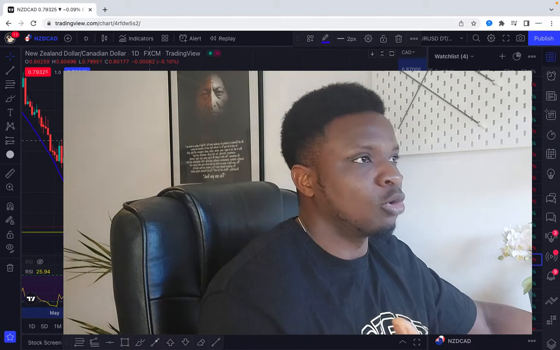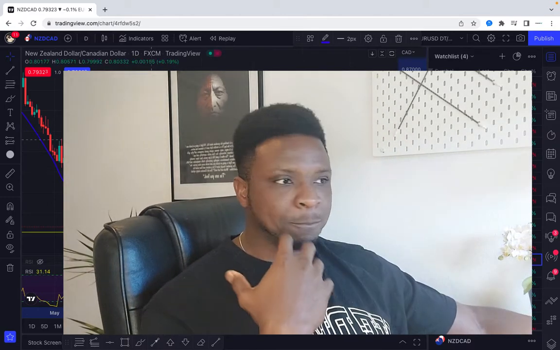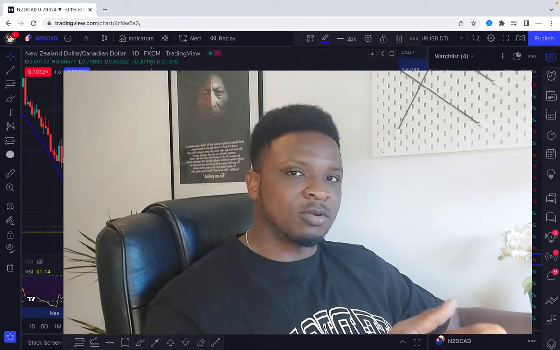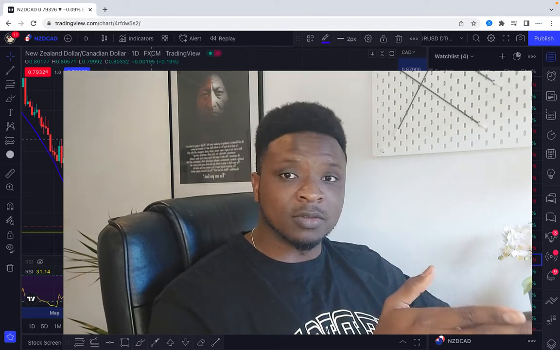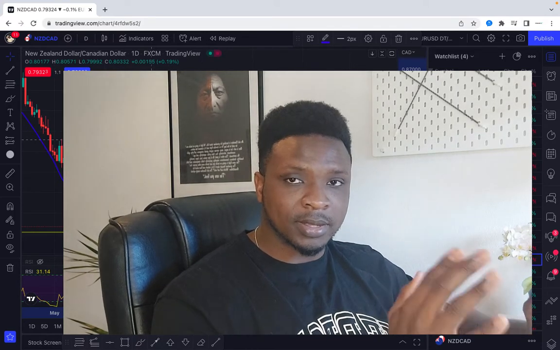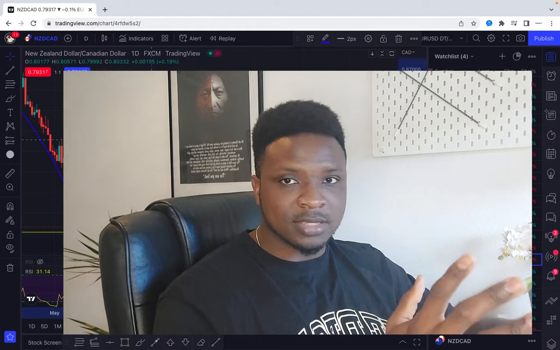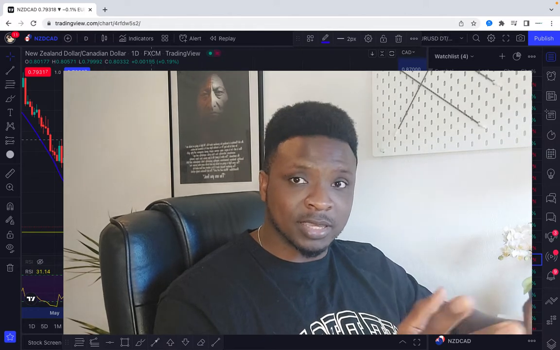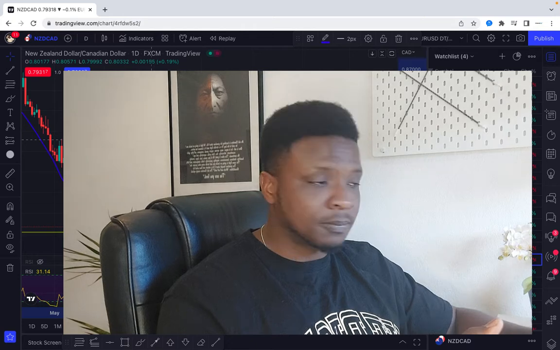personally, the whole point of figuring out where to get in is, where is everyone else getting in so I can get in with them, and where is everyone else getting out so I can get out with them. The technicalities of it are irrelevant. You just want to be able to get in with the crowd and get out with the crowd. Okay, so